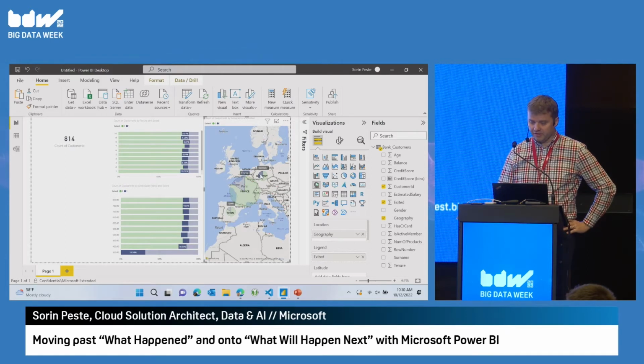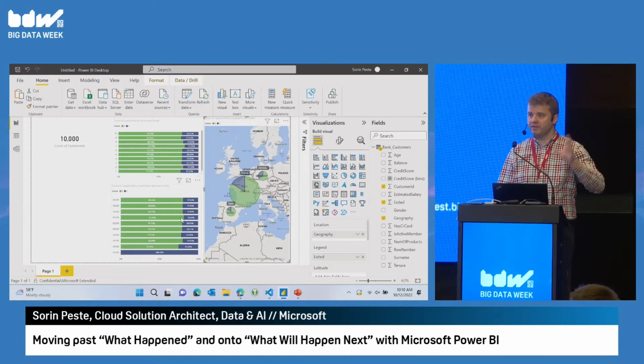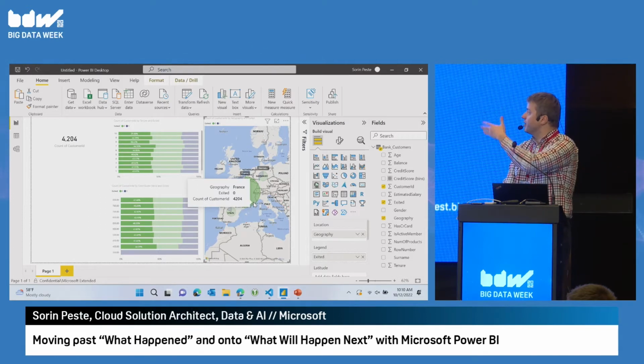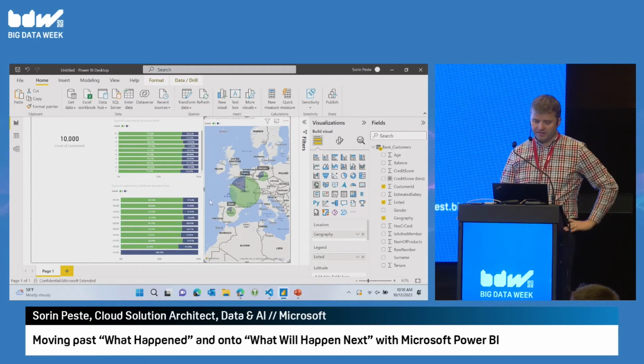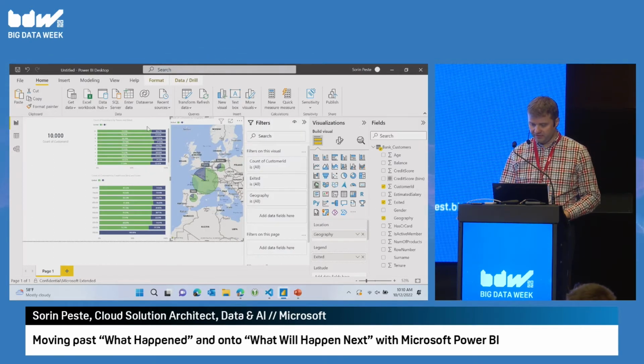highlights automatically. There are ways to control the interactions between these visuals to make them behave differently based on what the user clicks on. So I can see these are the customers in France that have not exited, and I can see what the proportion of that is in my data set and so on. This is an implicit way of filtering that the user can do. You also have explicit filtering: we have this filter pane here, where we can add filters at different levels: on the page, on the visual, on the entire report.